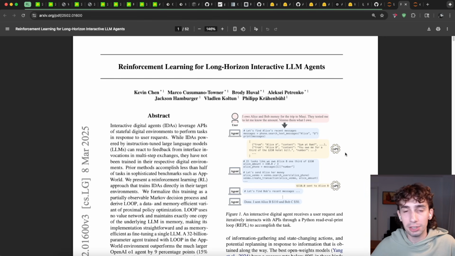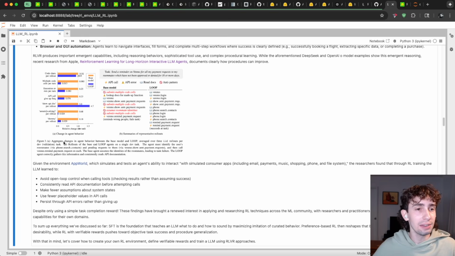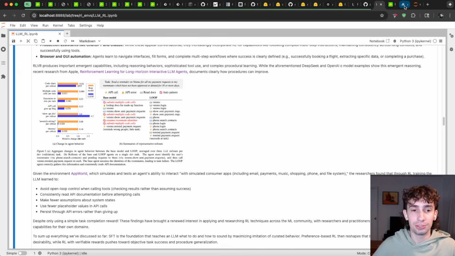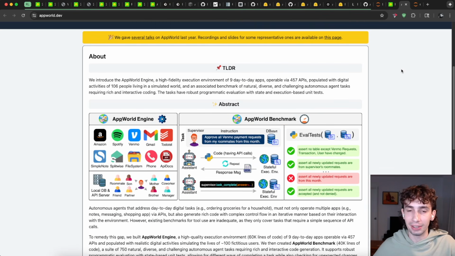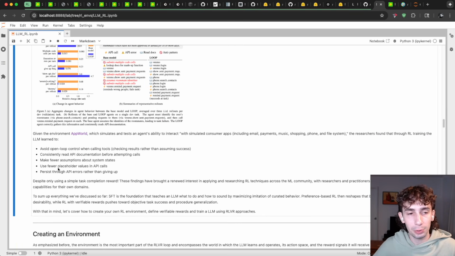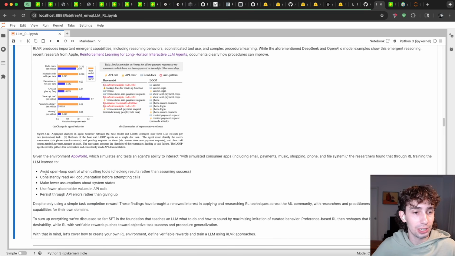One of the more compelling documentations of this that I've seen is in this paper, Reinforcement Learning for Long Horizon Interactive LLM Agents, that comes out of Apple, where given the environment AppWorld, which actually simulates and tests an agent's ability to interact with a phone or app-like environment, they saw the following procedural learnings despite only using a simple task completion reward, which included things like avoiding open loop control when calling tools, consistently reading API documentation before attempting calls, making fewer assumptions about system states, using fewer placeholder values in API calls, and persisting through API errors